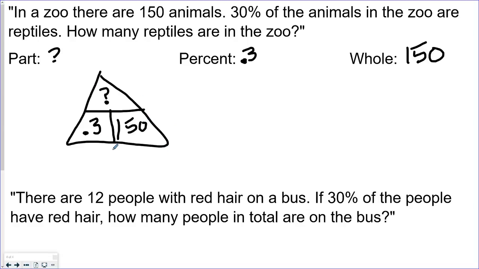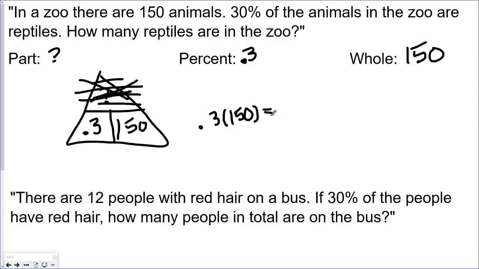So I've filled in the values I know. I don't know this one, so I'm going to cross out the one I don't know. So I'm going to cross out or block out that box there. Well, what are my remaining numbers doing? Well, they're side by side. So what does that mean to do? Well, it means to multiply. So I'm going to take 0.3 times 150